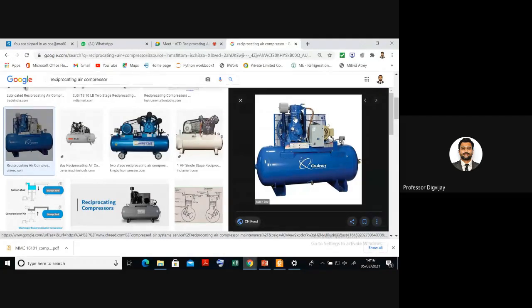There is only one cylinder and piston assembly, as you can see on the screen. This compressed air is stored in this tank. This is a major industrial product, and if you study this in detail and go to industry, look for vendors, and think that you should start your own company or manufacture your own reciprocating air compressor with your company tag, that you can also do.